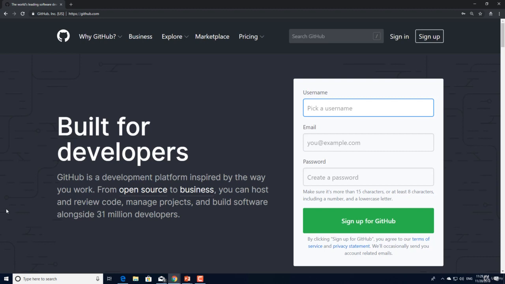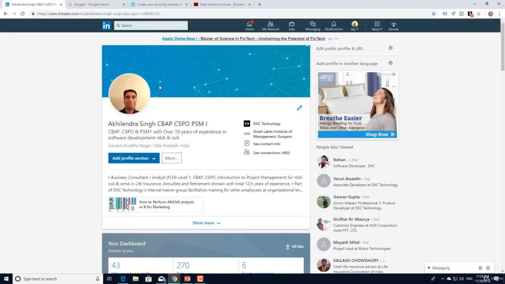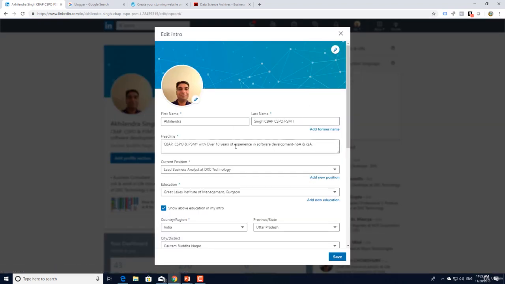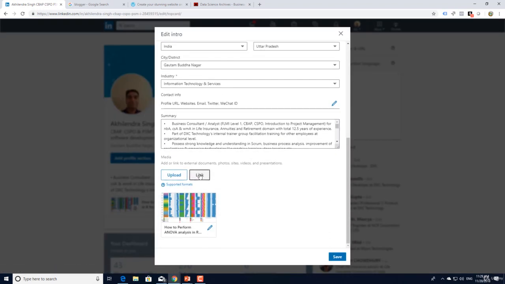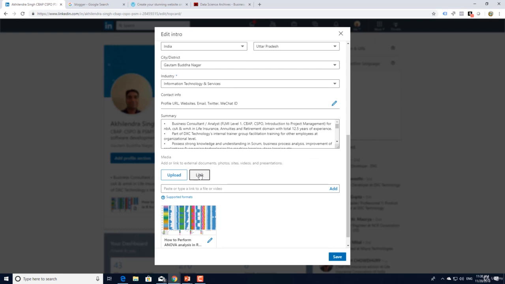You will get a unique URL which you can then put on your LinkedIn profile, on your CV. And if you're not present on LinkedIn, then you're not doing the right thing. You have to be present on LinkedIn. And on LinkedIn, as soon as you create your first project, start uploading those URLs. So whether it's a blogger URL, WordPress, your personal website, or GitHub, you can simply go to your profile, click on this pen icon, and then scroll down. It will give you an option to upload a URL. So as soon as you upload your URL, it will appear something like this.